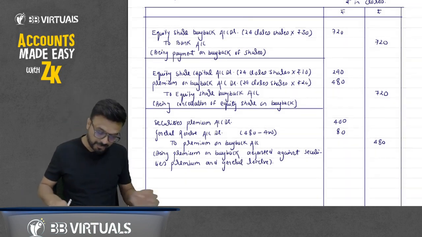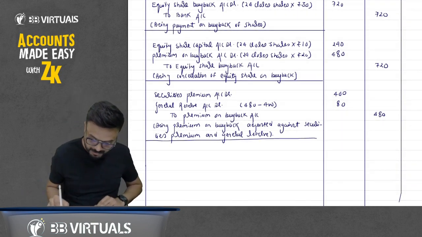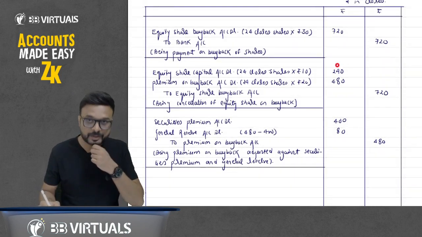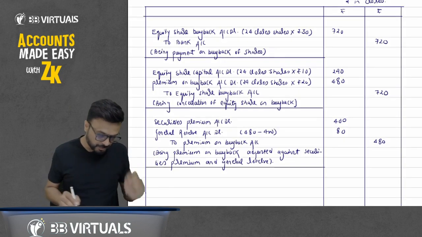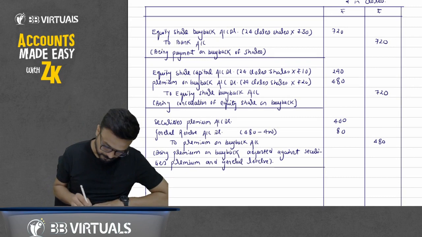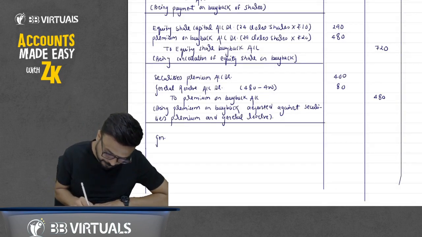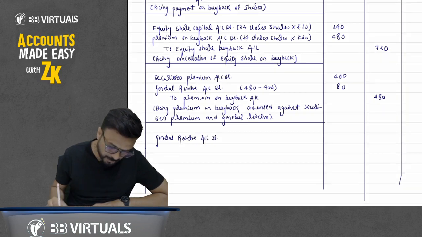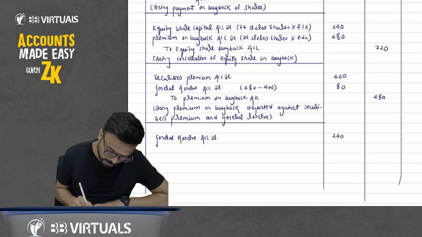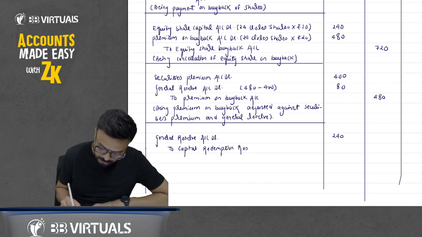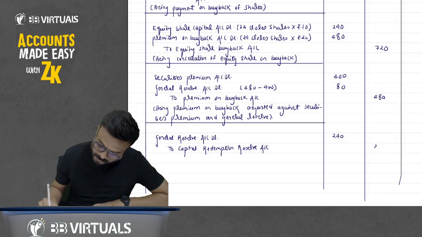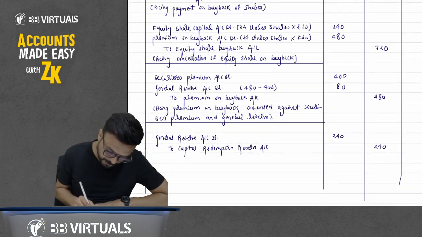Okay, now after this we have to transfer to CRR account the face value of buyback, that is how much? 240. We have enough balance in general reserve, so we'll utilize general reserve. So next entry, general reserve account debit 240 to capital redemption reserve account 240, being